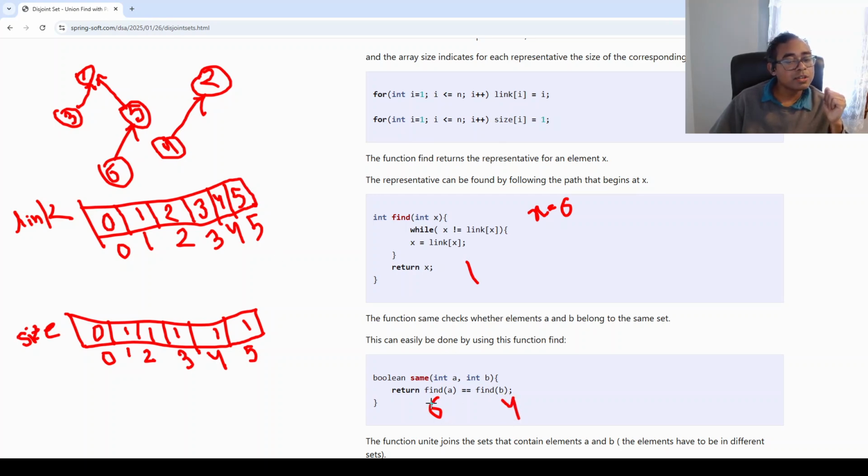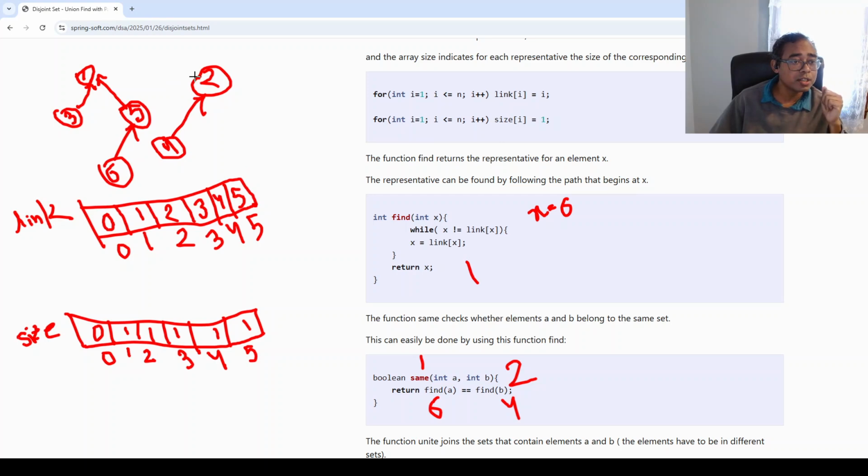Find of 6 is 1. So the representative of this set is 1 and the representative of this set is 2. So 1 not equals 2. So they are not the same. They do not belong to the same set. They would be belonging to the same set